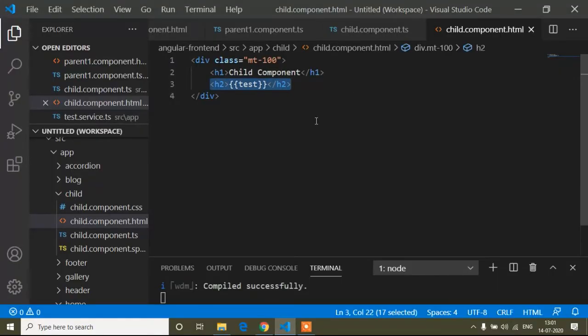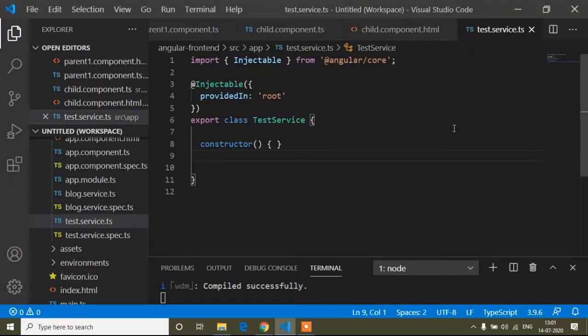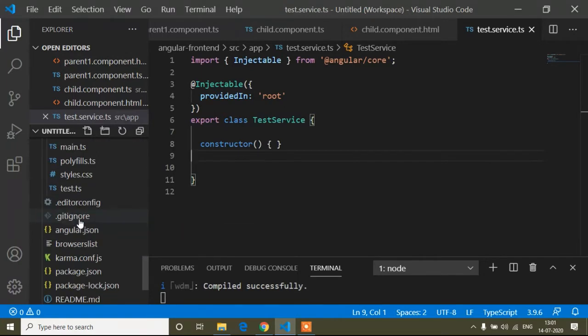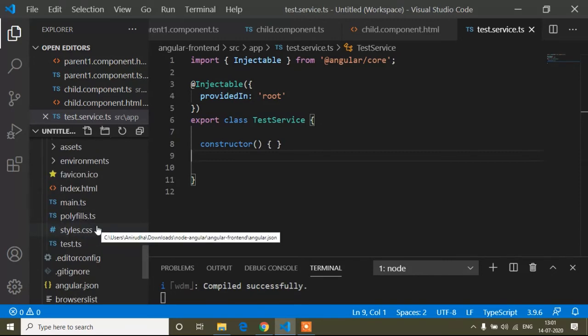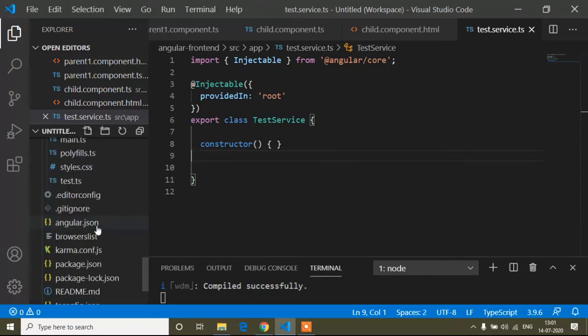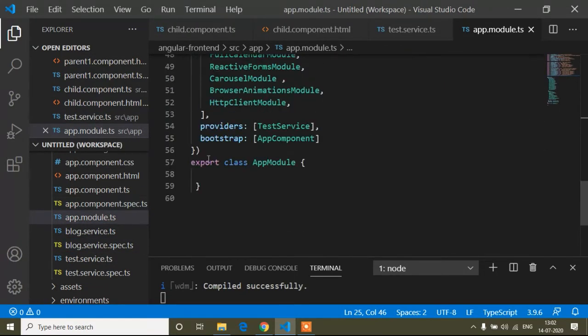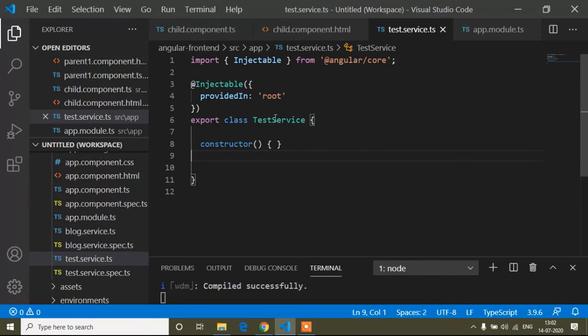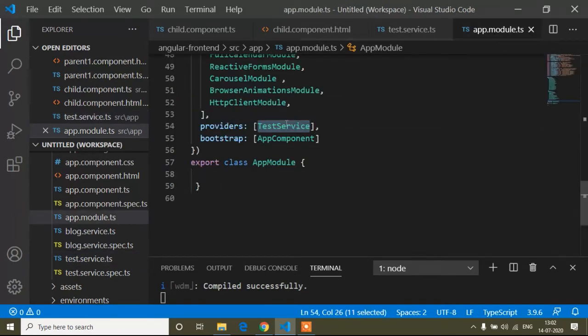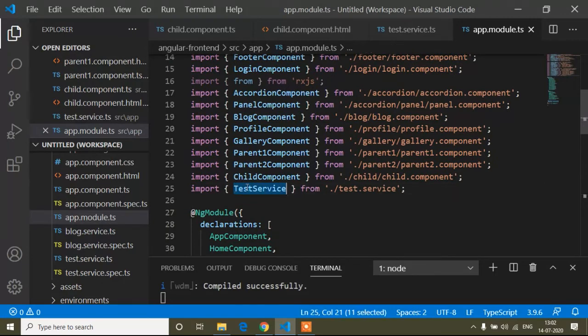So here we have to write a service. So here is the service. So guys, if you don't know what is service, you can watch my previous tutorial also. So I will show you again some overview. When we create a service, then we need to add this service in our app module.ts file. So here I will open our app module.ts, and you can see first of all inside the providers array I call the test service, because our service name is test service. So I call the test service and also make sure it's imported.